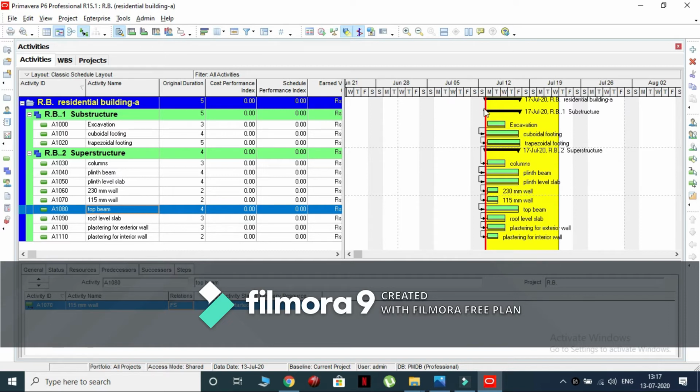We can see the activities chart in this Gantt chart window. Now open the residential building project. To display the project window, click on the icon.